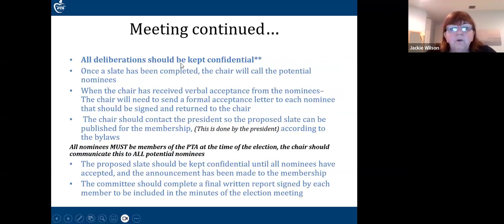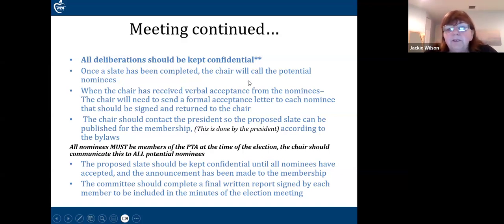Again, I can't stress enough that all deliberations should be confidential. You call a candidate that the nominating committee suggests, and they say, you know what, I really don't think I have the time. Okay, that's fine. Then you call the next candidate and you say, well, Susan didn't really want to do it, so we decided on you. I mean, no, okay? You don't tell somebody that they're your second or third or fourth choice, all right? How do you think that makes them feel? When you call a person for that particular office, if they say, no, thank you, or I can't do it, that's fine. Then yes, you go on to the next person. But they should always be treated as if they were the first choice, because sometimes they are, sometimes they're not. But it becomes a little difficult if you start talking to them that way.